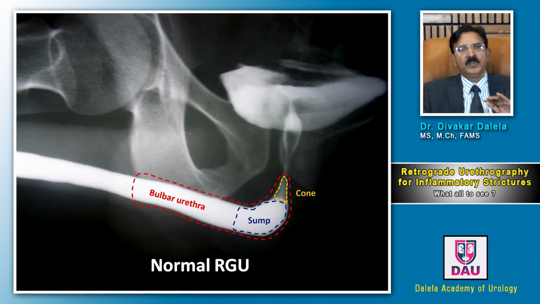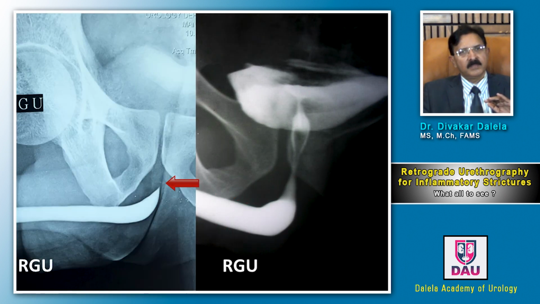Now in some retrograde urethrograms, you will see urethra up to the urogenital diaphragm, but in some, such as the one shown here, you will see contrast going through the membranous urethra into the prostatic urethra, where you will see the shadow of verumontanum, and then the contrast will go into the bladder. So you may see prostatic urethra and bladder, you may not see that. This will depend upon the degree of spasm of external urethral sphincter the patient creates at the time of the test.